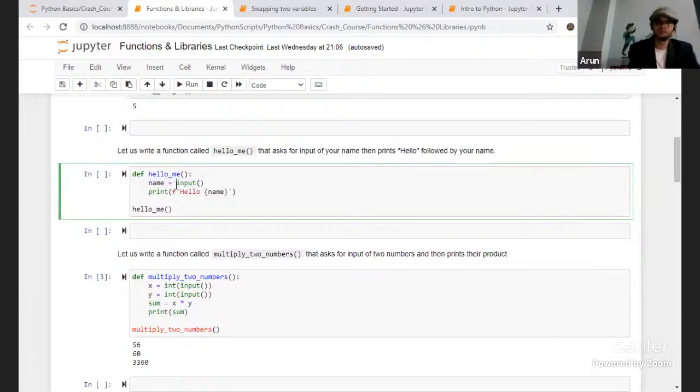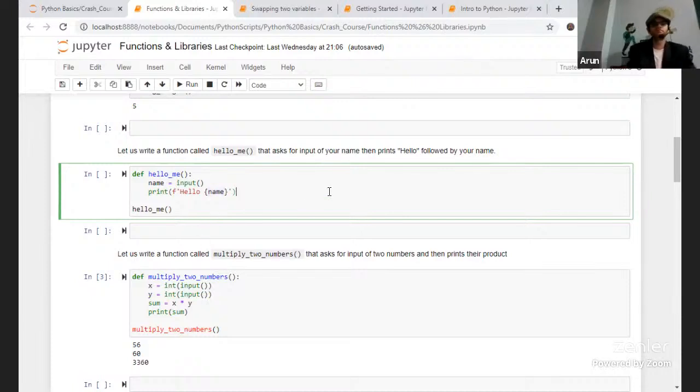We'll use the intrinsic input function to assign the value to name, and then use hello name. Whatever value comes, suppose a floating point number, we'll convert it into a string and then print the value.